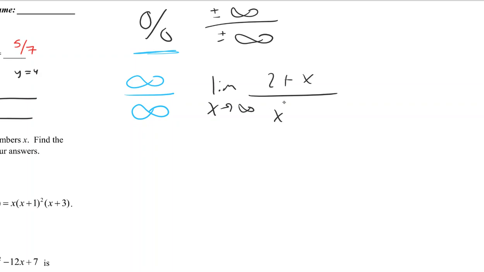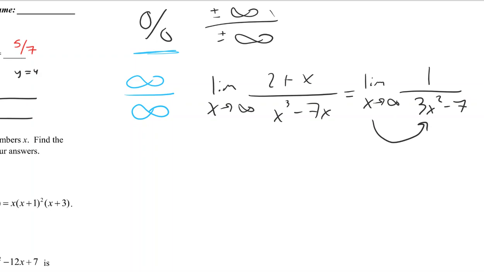This was part A. L'Hopital's rule says that if you get indeterminate form, any of these, you can take the derivative of the numerator, which would become what? Over the derivative of the denominator, which would become